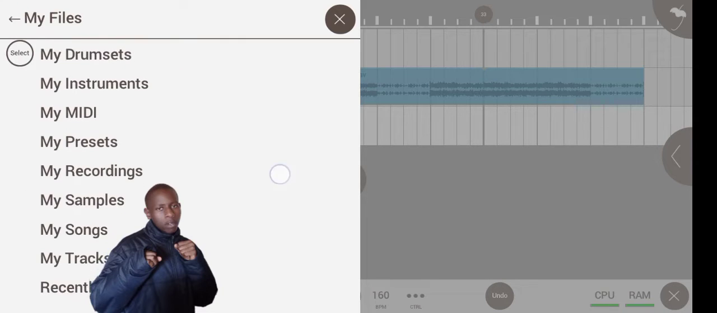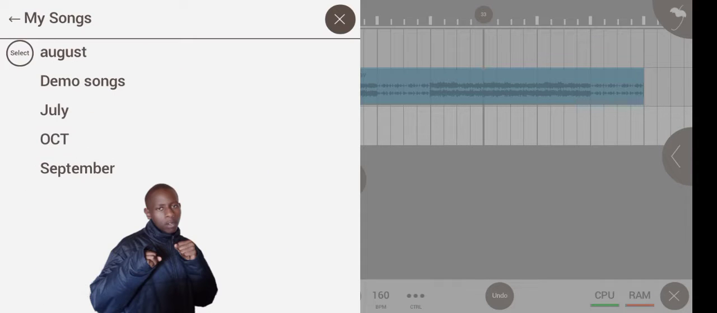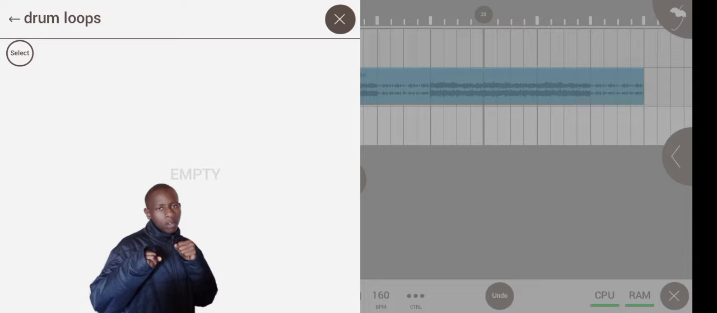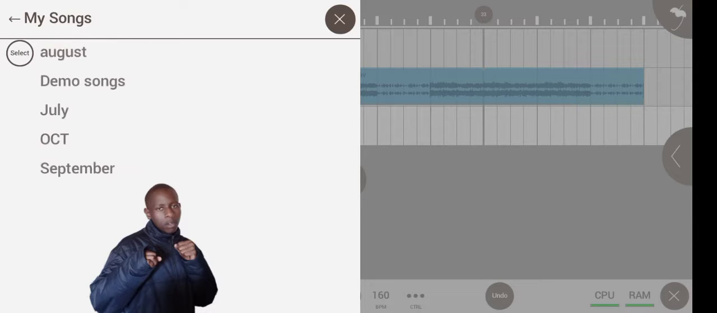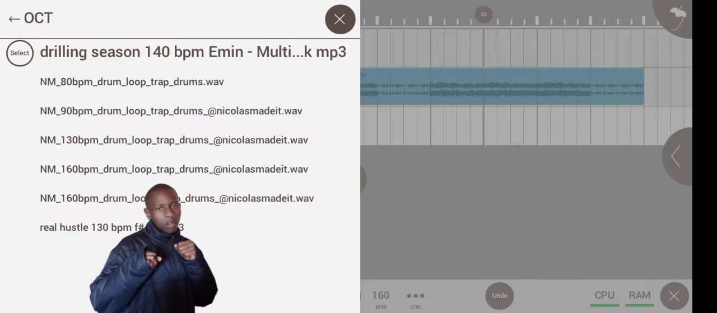So now let me change the drums, add different drums, and see how it will sound. Simple as that. And another thing, these drums have different BPMs, so